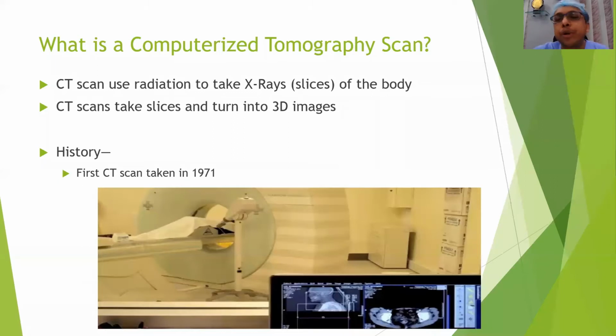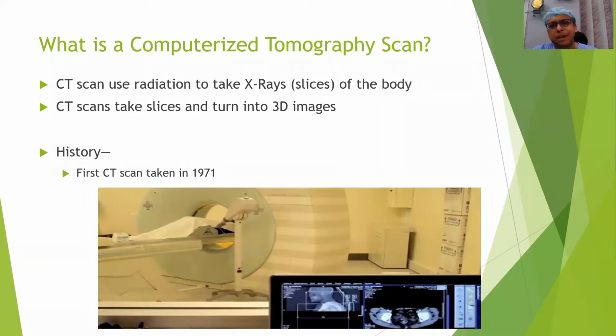So what is computerized tomography or CT scan? Obviously, it is a type of X-ray, but at a higher radiation level and with multiple slices, because we all know radiograph or X-ray is two-dimensional, whereas CT scan is three-dimensional. You can have sagittal plane, coronal plane, and transverse plane scans or slices, which can be combined in software to make three-dimensional images of the structure that you are evaluating.